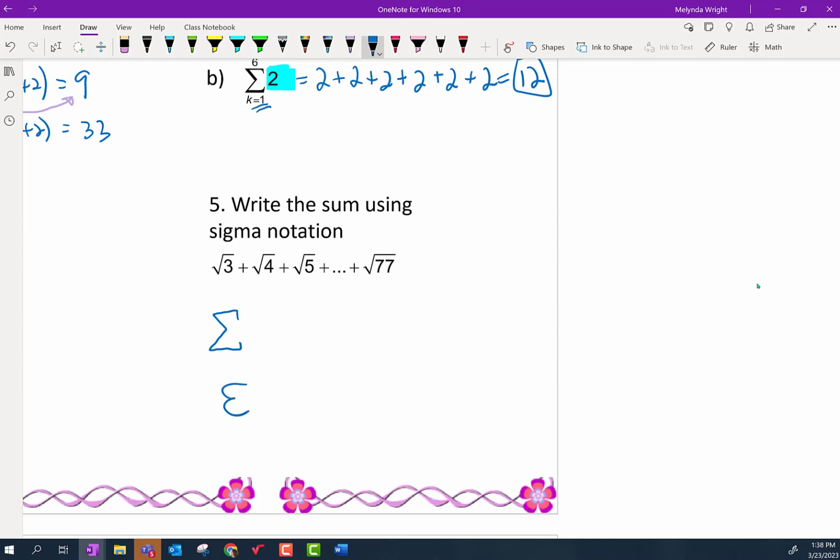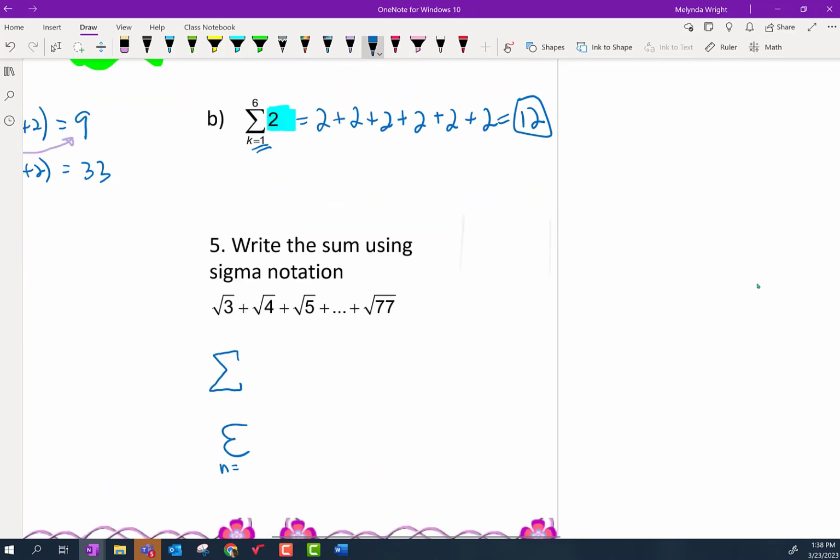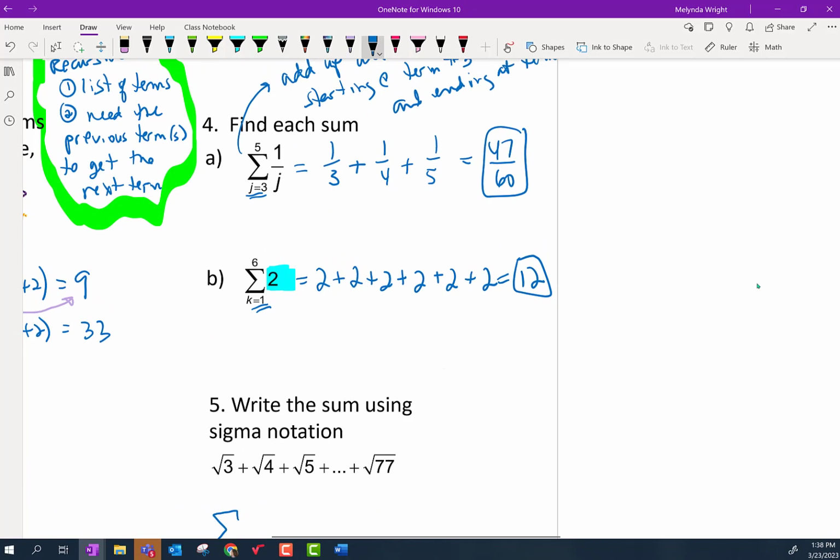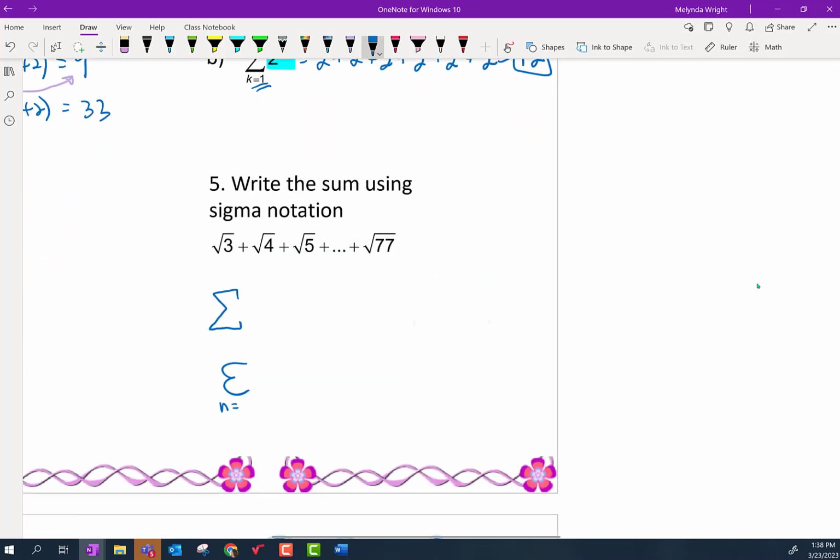So we go from something, so we'll do n. I like n better than k. You can use whatever letter you want. I'm going to do n. See how they used a j and a k? I don't know, I like n's. I use n's all the time. n needs to start at something and go to something. And look how they're all roots. There needs to be some kind of a root. Okay. Well, if I make it root n,